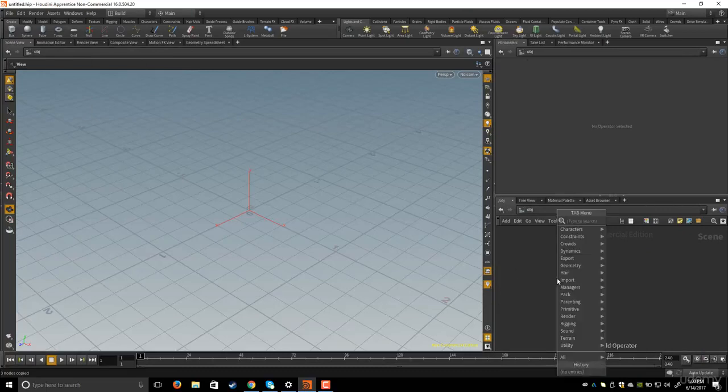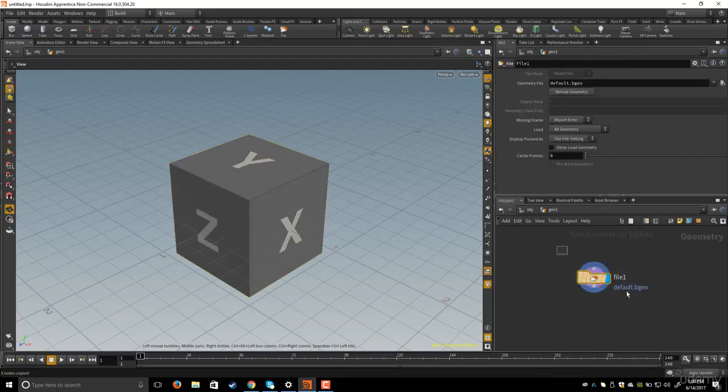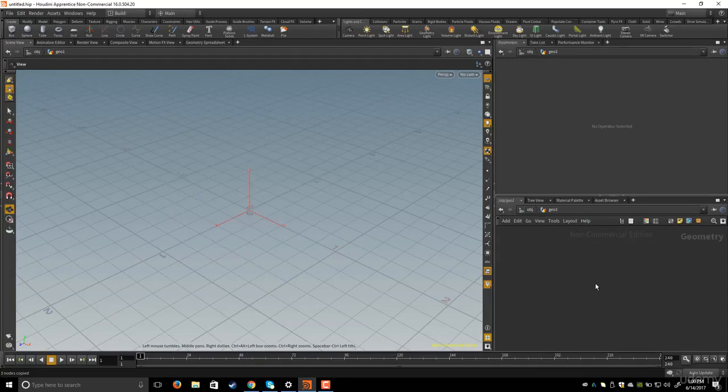Then here I hit Tab on the keyboard and type geometry, and then I dive inside, delete the node created by default by Houdini,